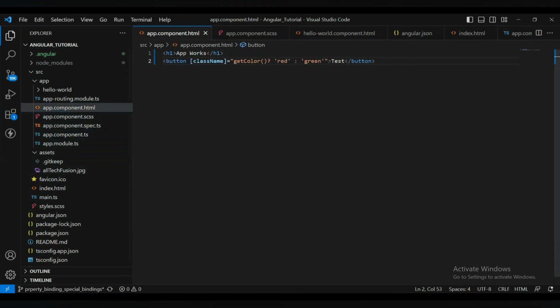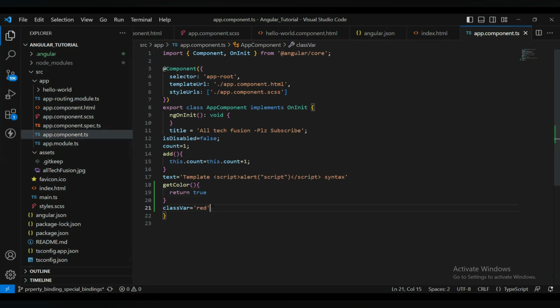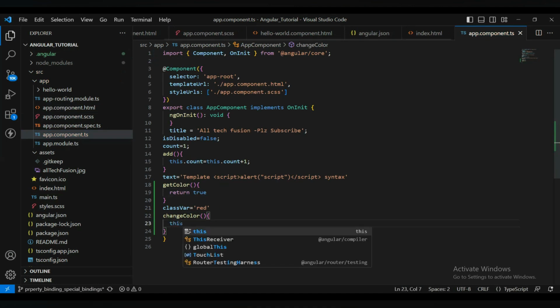For that button I will add one more click event, and inside that click event, changeColor. And the changeColor method we will define here. Now the changeColor method will do one thing, this dot changeColor